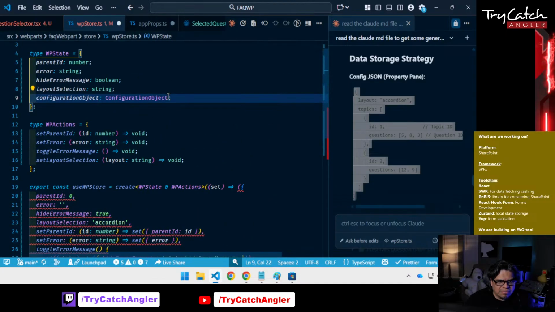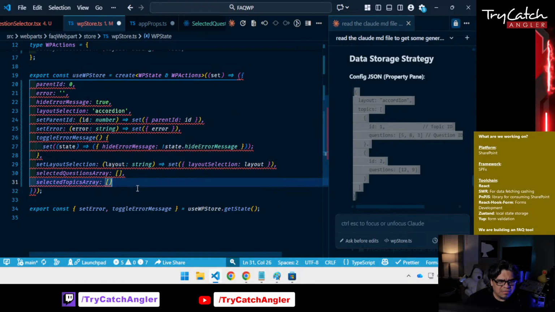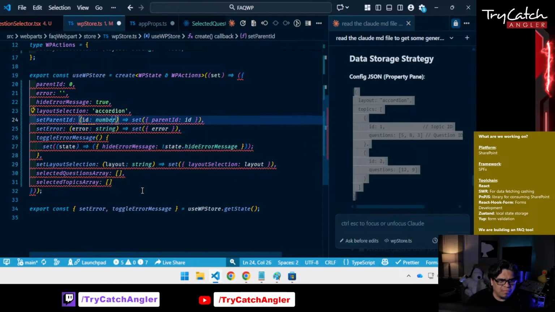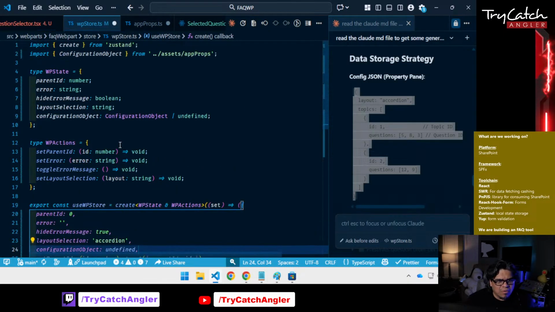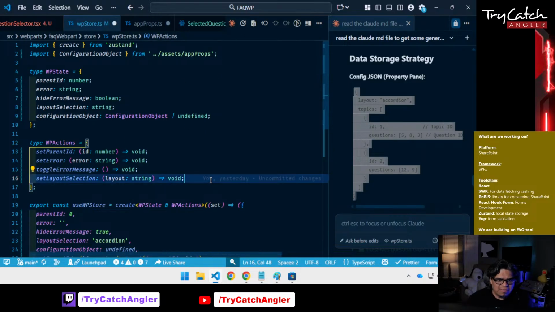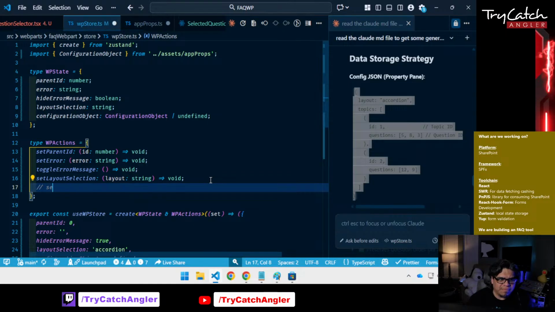The configuration object could be of type configuration object or undefined, and we're gonna set right here configuration object to undefined. So we need to have setters. We need to have a way to update the state in our configuration object. And so we need to be able to have a setter for